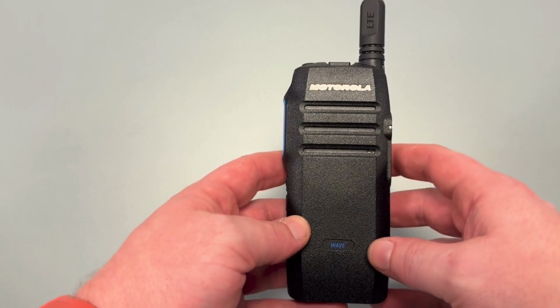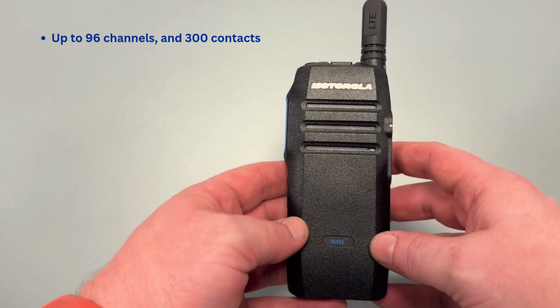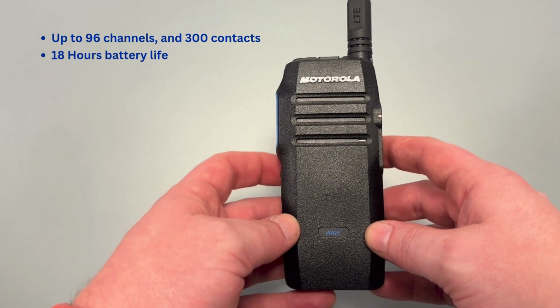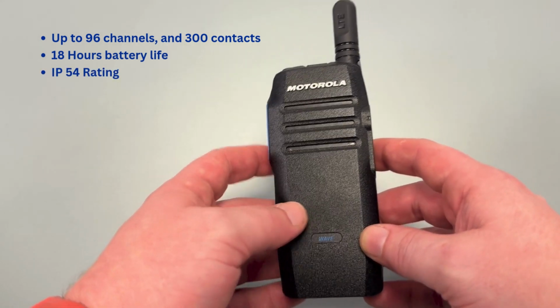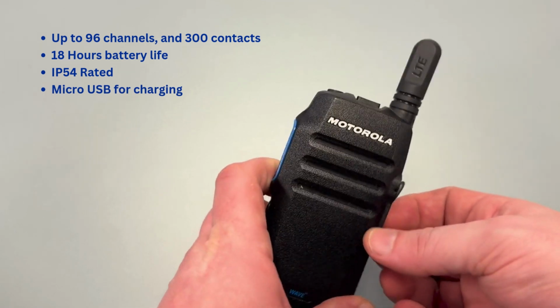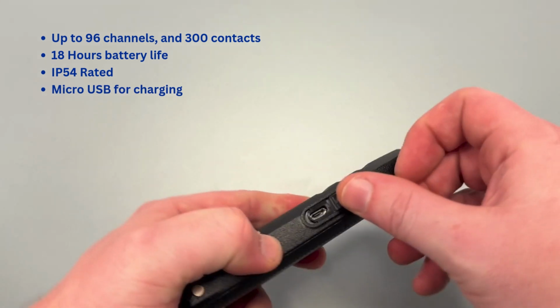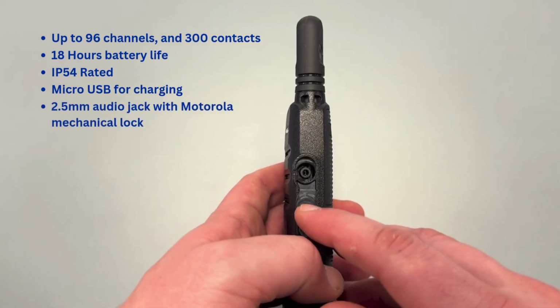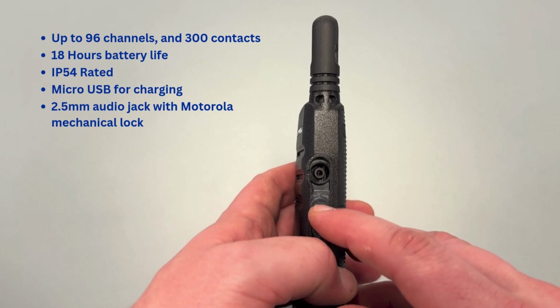Again, we have up to 96 channels, 300 contacts, but we have up to 18 hours battery life, an IP rating of 54 with micro USB for charging on the side, a 2.5mm audio jack with Motorola mechanical lock,